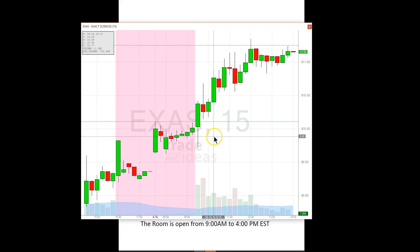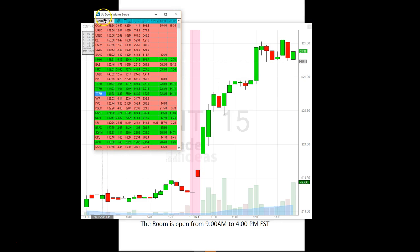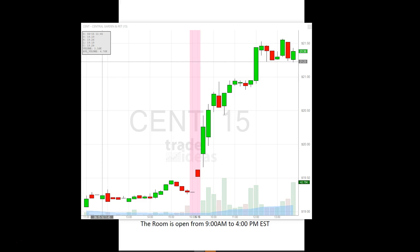Here's one that was kind of interesting, and I mentioned it in the room because this is a stock that I've never even heard of, SENT or CENT. Again, it appeared on that up and down volume surge, and I ended up taking the trade at 21.19 as it broke above this area here, a little pullback, broke above the whole number. It was a little bit spready, but I was able to get in at 21.19, traded it out at 21.50 and at 21.30. So, nothing spectacular, but